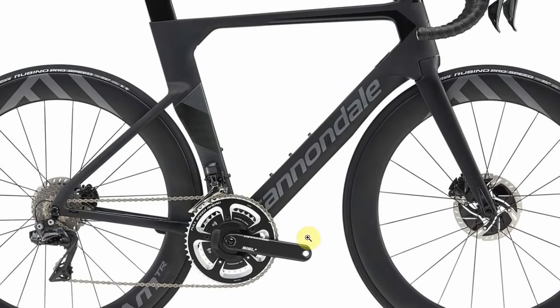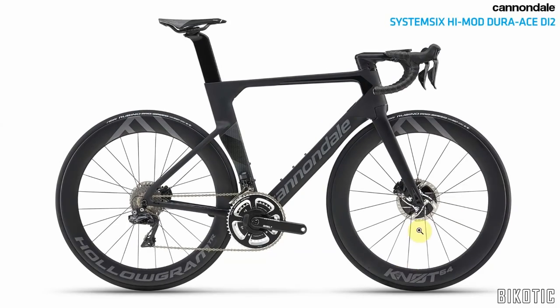Just noticed that the Cannondale logo on the side here is completely obscured by the chainring, so it's actually an Annandale. They should have not done that. Okay, so that's 3 out of 4, and last but not least, the final release this week that I've seen